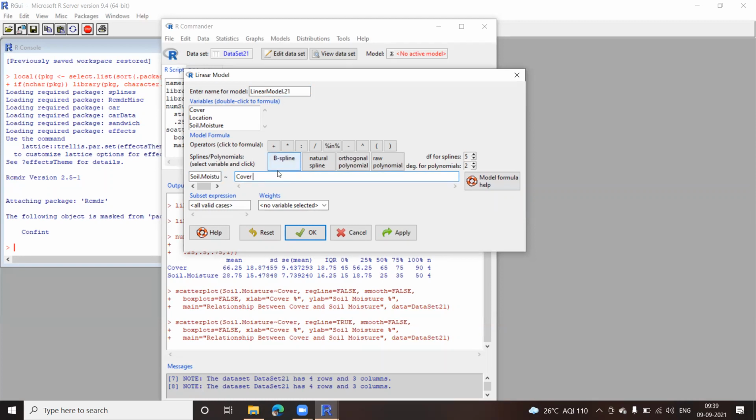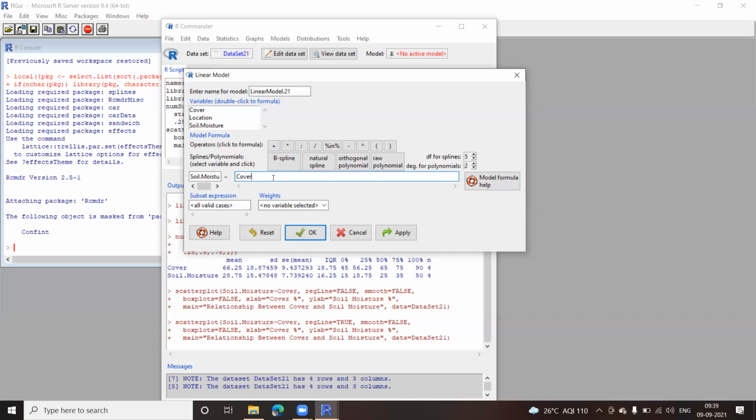We can also have multiple variables. Let us say one of my variables depends on multiple variables. Then I can create another model where I click on this plus sign and keep on adding the other variables as well.